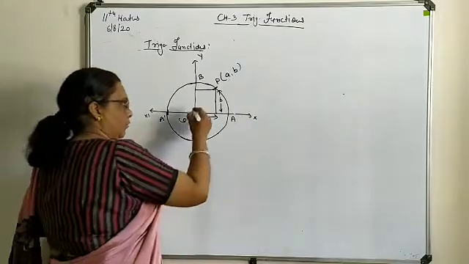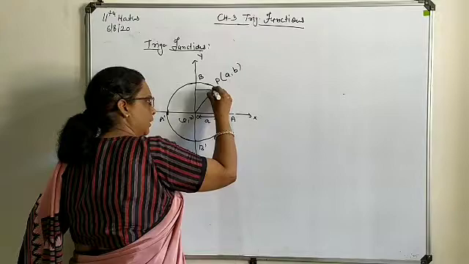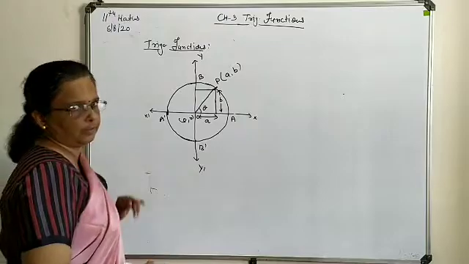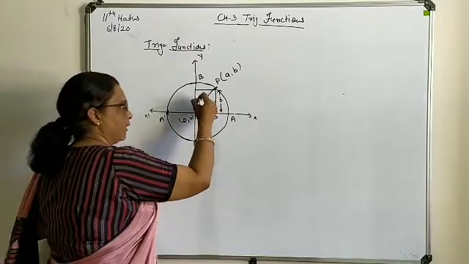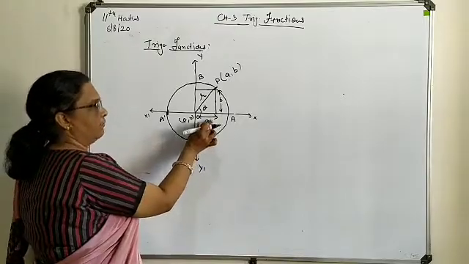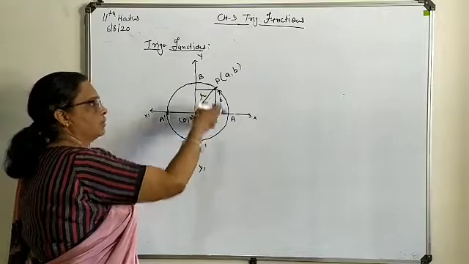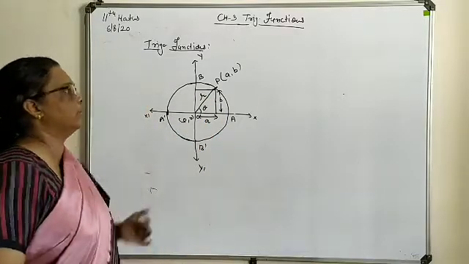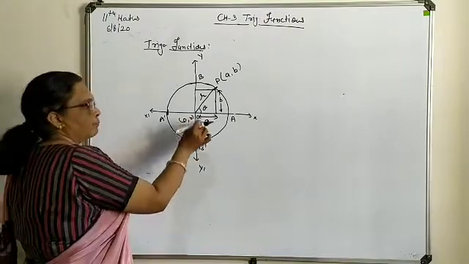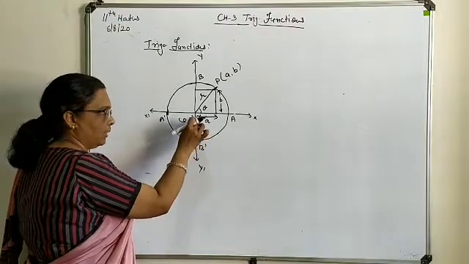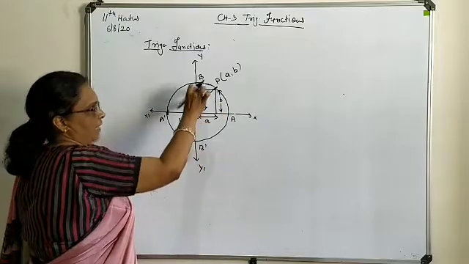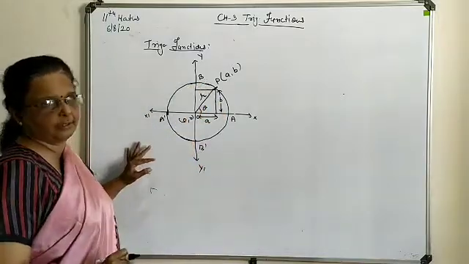Now if you join this point P to the origin, suppose the angle subtended over here is theta. This OP length we are going to take as r. Now this A we are going to define in terms of theta and this B also in terms of theta. So A and B will be expressed in terms of theta and the radius. First we talk about this base value A. With reference to this theta, it is the base, and r is the hypotenuse over here.